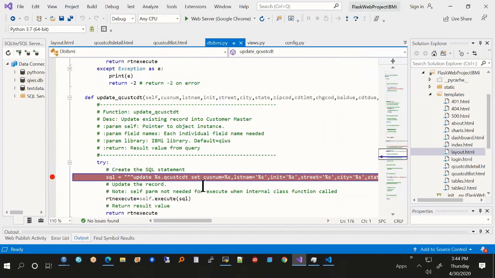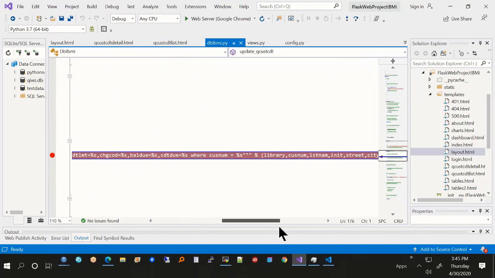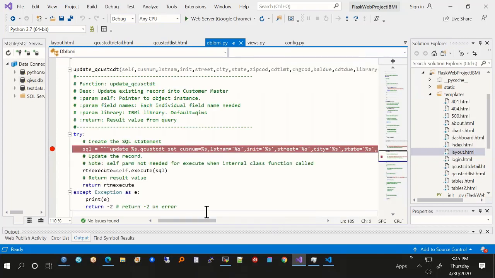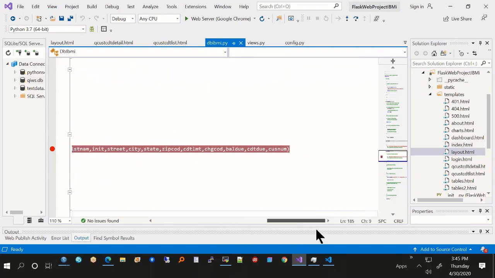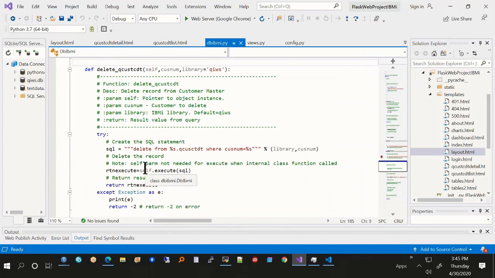And same thing with the update, it does an update based on the same type of thing. The only difference is that when you do an update, the customer number, if that's our key, you have to make sure that we include it as our where customer number equals %s in this case. So you can see we update the customer number in this case, but then we use it again towards the end with the same field name, because that becomes our where statement too. It's where customer number equals this value. And then finally, the delete. So we want to do a delete,